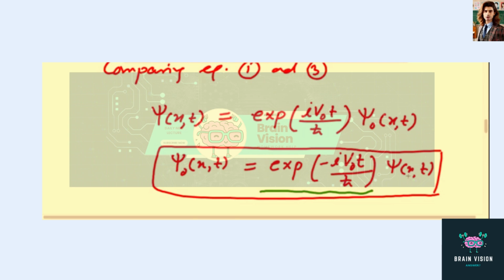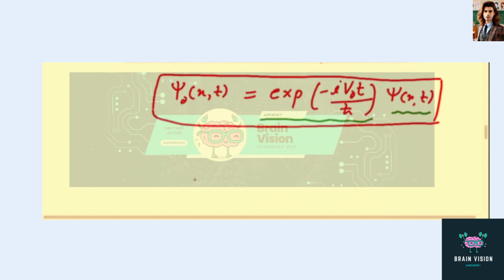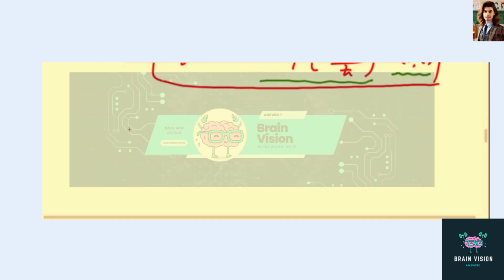And this wave function is the wave function when there is no term added into the potential energy, and this is the wave function corresponding to the potential energy when you add some constant V naught. Now we have to find the expectation of the dynamic variable of a particle,